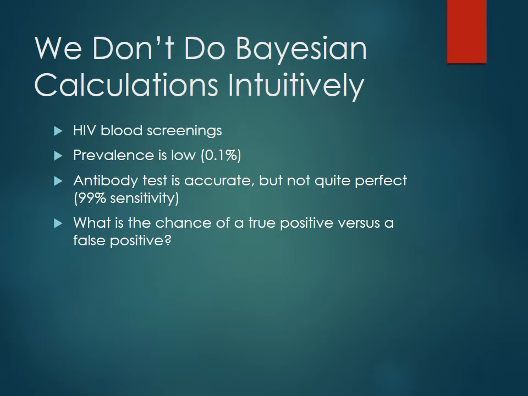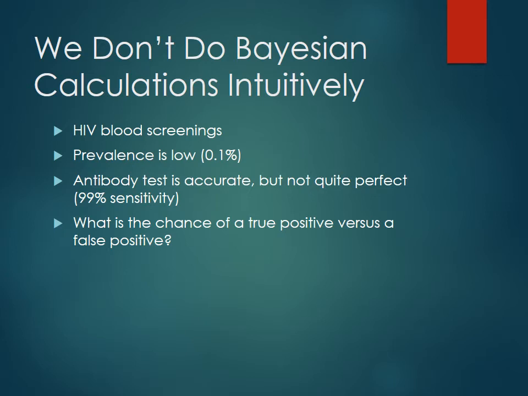And then specificity, 99% specificity. What does specificity mean? Yeah, so it says that if you have a positive result, that it's actually a true positive, right? And so it's 99% specific as well, which means that 1% of the people that show up positive don't actually have the disease, okay? So going into that, what are our chances of a true positive versus having a false positive?